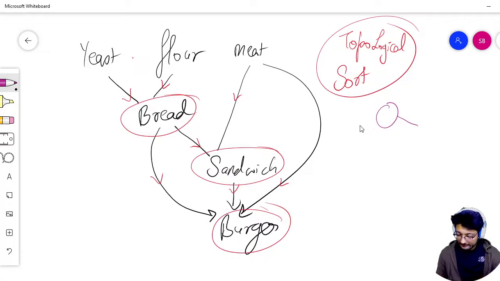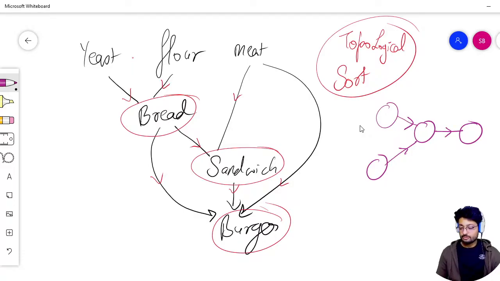Let's say that there is this type of thing. Okay, so what you can see here is that there are some nodes. Now if you want to write the topological sort of this, it actually means that to get this value, you have to first get these values out. So this value depends on these two values. Similarly, this value depends on this value. So a topological sort of this graph that is labeled ABCDE,